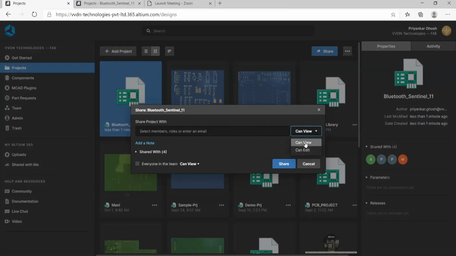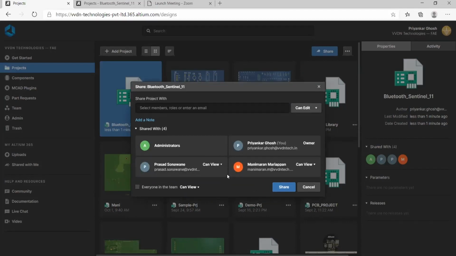if you want to share your files outside of your organization, you can select the can view option. And if you want to share with your internal team members, you can select the can edit option, so they can download it and use it. Okay, and here you can provide access also, so they can view or edit. Like that you can provide it and click on the share button, so they will get a mail as well as a notification from Altium 365 through email. They will be notified and they can open these files. Okay,